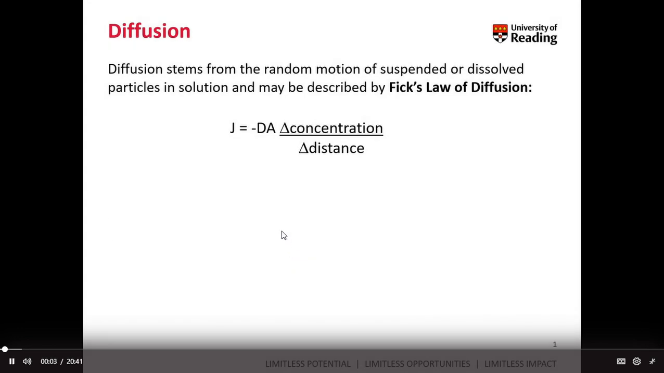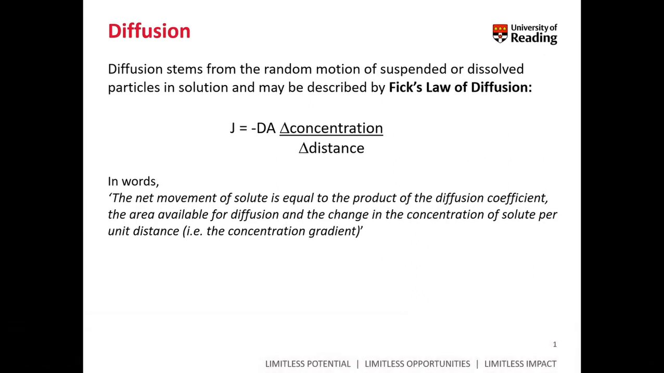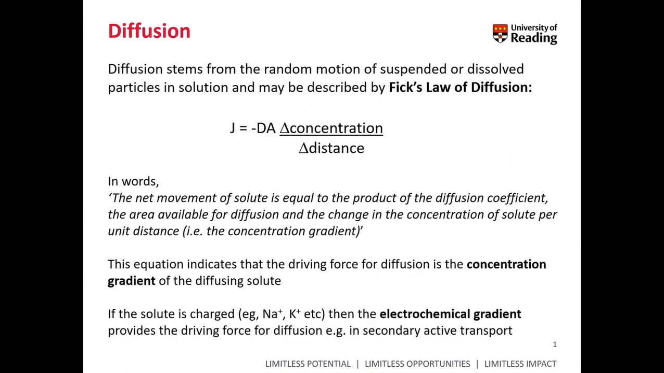So to translate these in words, what Fick's law of diffusion says is that the net movement of a solute is equal to the product of the diffusion coefficient, which depends on the properties of the semi-permeable membrane, the area for diffusion, and the change in the concentration of solute per unit distance. And basically what the equation says, since usually distance is more or less the same, or it's something that is easily controllable,